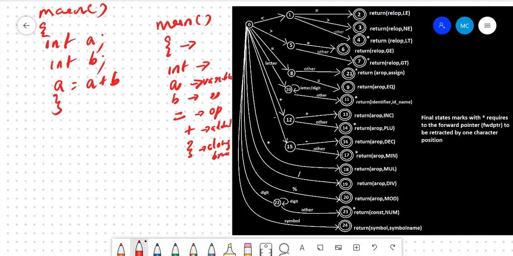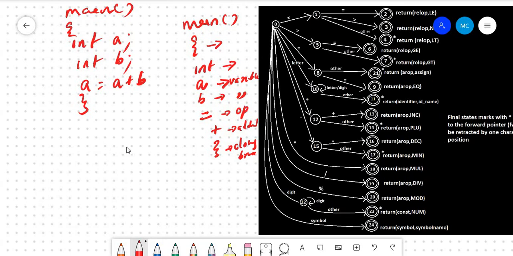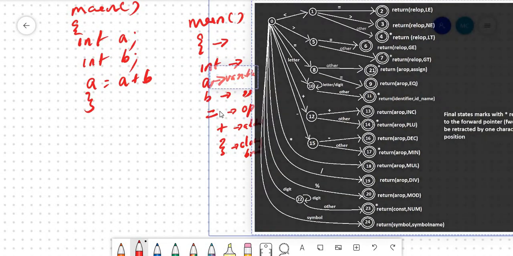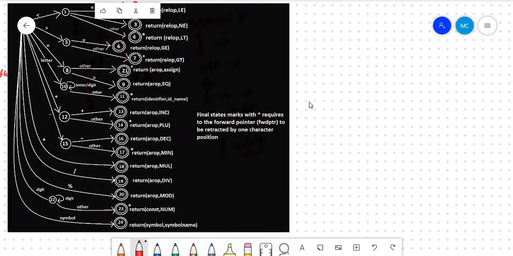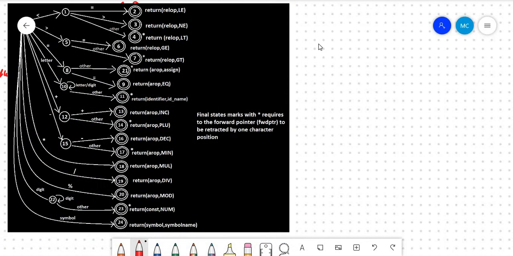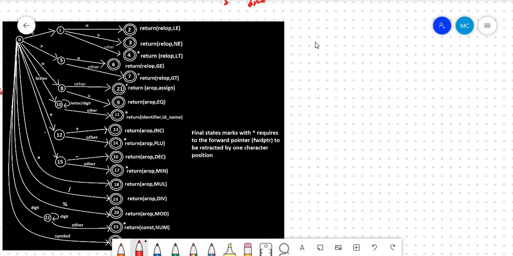In order to do that, what I can actually do is to use this particular transition diagram to implement my lexical analyzer. So I will read the entire input program, the program that I have just written, character by character until the end of the file. So that's an infinite loop, and inside that loop you should implement this transition diagram. I'm not going to write that loop.